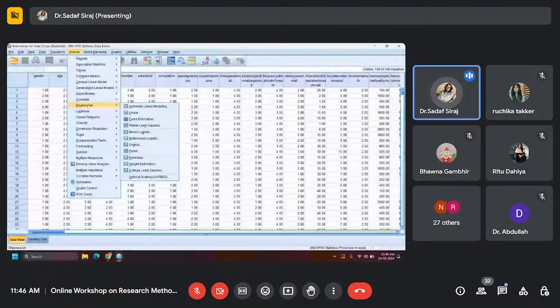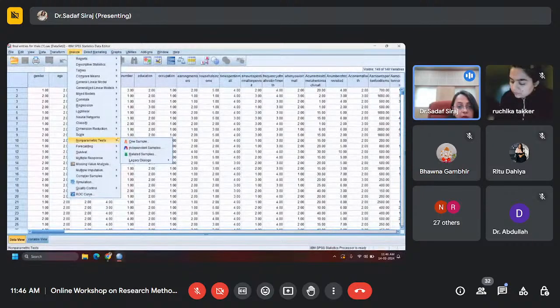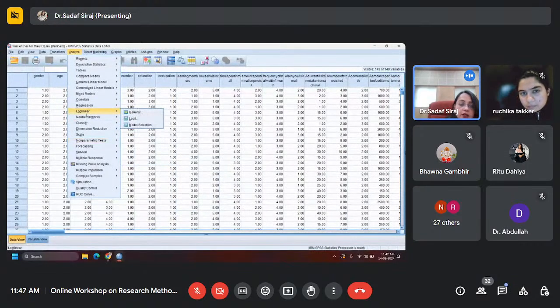I said that there is a non-parametric version for every kind of test. So in case your data or sampling is such that you cannot use a parametric test, all the non-parametric versions are there. If you want a non-parametric version of the t-test, you will have Mann-Whitney. If you want a non-parametric version of ANOVA, you've got Kruskal-Wallis. So every test that you can possibly think of is inbuilt in the software.